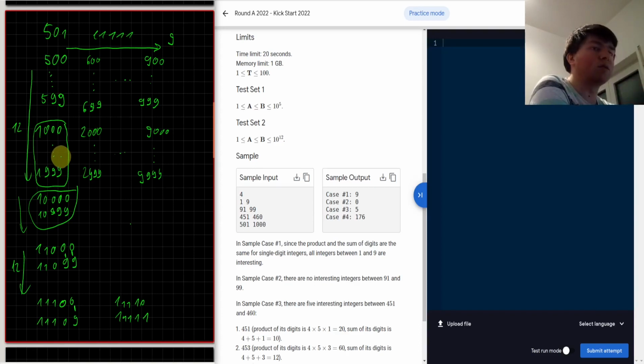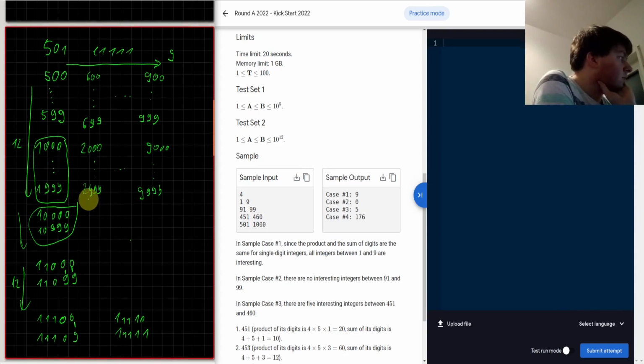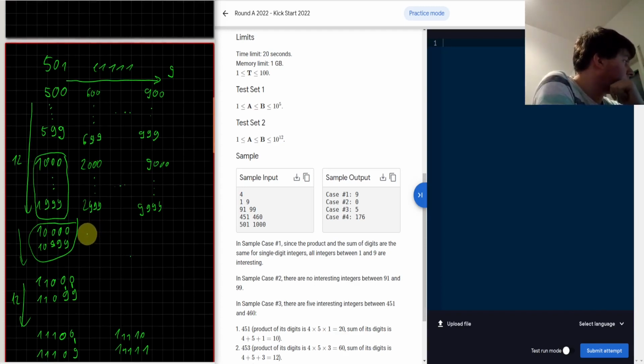But still, even if we do it offline, we can't afford to just iterate, because 10 to the power of 12 iterations in total is not feasible, even if we just do one test case basically. Like I said, it takes 1,000 seconds and we only have 20 in total for all 100 test cases. But it basically means we could spend quite some time on these. Still needs to be sublinear. And the way to go here is probably to